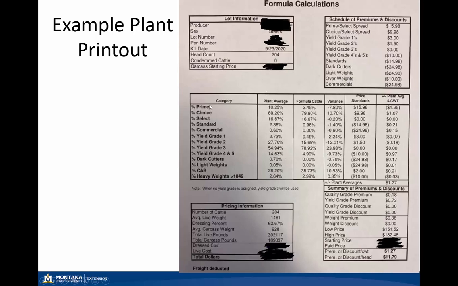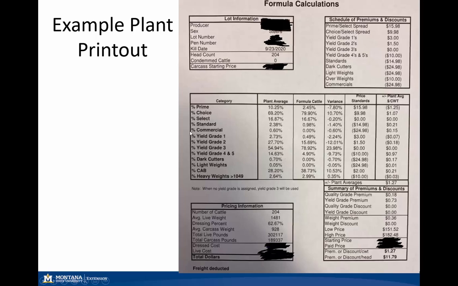Now, then you'll receive kind of a table like this. What was the plant average? How did your animals perform based on the plant average? How much of a variance was there? How much difference was there between the plant average and your cattle? What price standards were used? So, if we take this printout for an example,